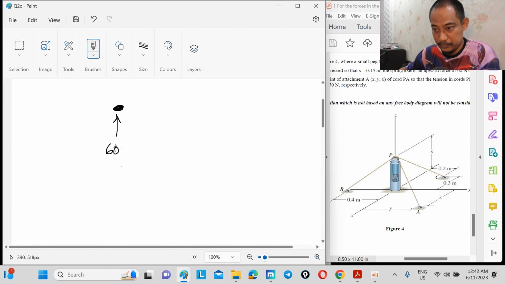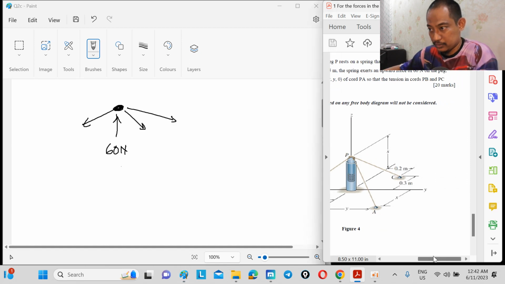Upwards 60 Newton. And then you have F towards B, towards A, towards C, and the question already gives that